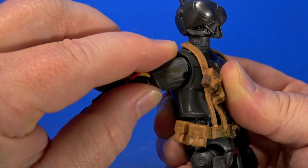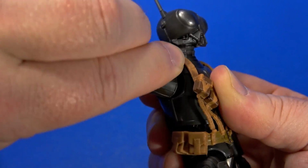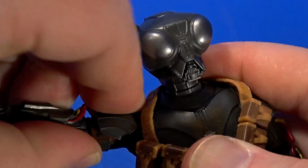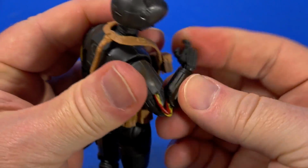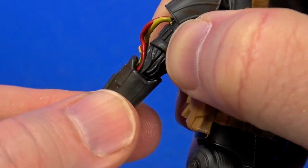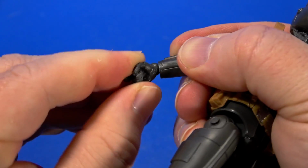But if I go back, it gets snagged right there. I don't know if there's a detent or what's happening. Outside of that is a hinge that raises up to there. Hinge and swivel at the elbow gets up past 90 and then rotates in and out. Forearm swivel, swivel at the wrist below that, and then a hinge up and down on a trigger finger hand,